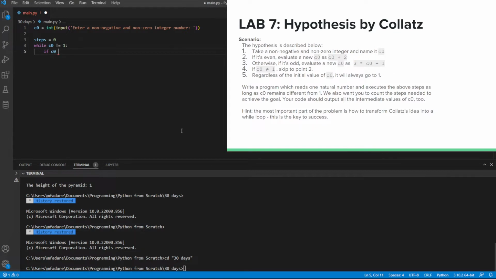So how do we achieve that? Remember, even numbers are numbers that are divisible by 2. 4 divided by 2 gives us 2, a whole number, no remainder. So if you have CO mod 2, and it gives us 0, it means that it is a number that is divisible by 2. And any number divisible by 2 is an even number. So if it is an even number, they said that we should do something. They said that CO should be equal to